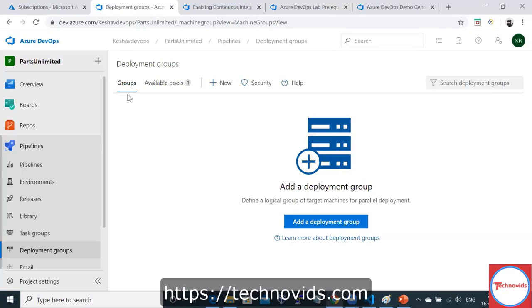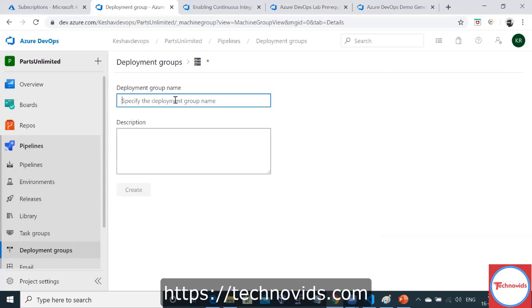Or suppose you have 100 machines in test, 100 machines in prod, and 100 machines in staging. You create the group here, for test and staging. So what happens if I add a deployment group here? Suppose the description is the group of test servers.